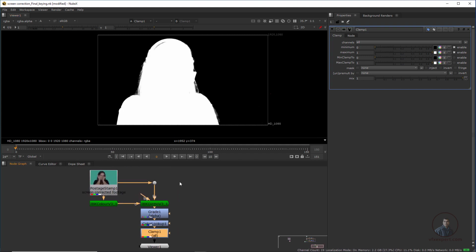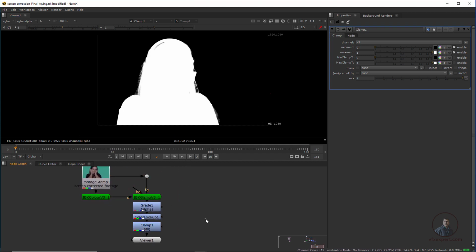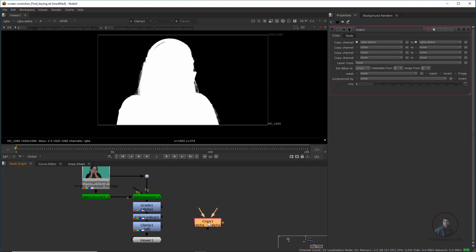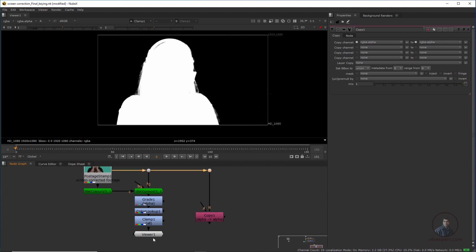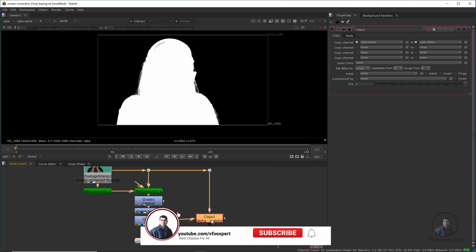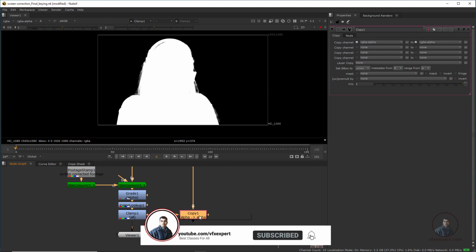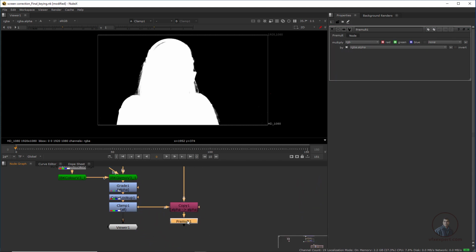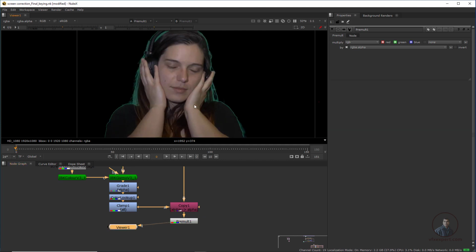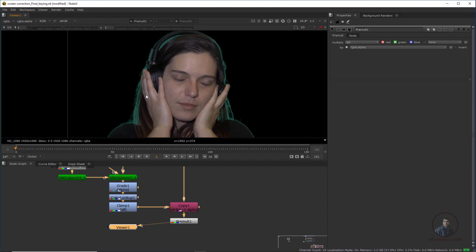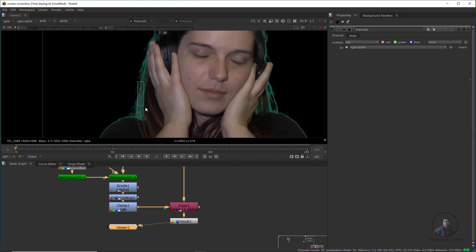Then after this, we have to take a copy node, press K, and the original footage will be our background here. Hold Control and break, and this matte, whatever matte you have created, will be our foreground. So we connect from A. Then press Tab and type premult. Now press 1 here, and if you press A here, I have removed all the chroma, and this is our spill here.